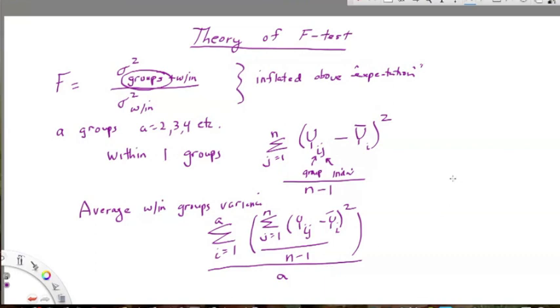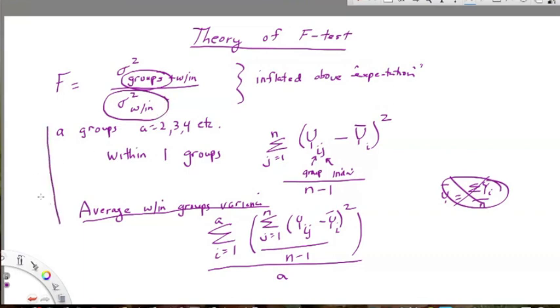So think about that. That's how we construct any average, right? If we want any y bar, we take the sum across the components and we divide by the number, right? So, you know, we're not talking about an average of observations here. We're talking about an average of variances, and we're going to divide by the number of groups contributing to that. So the average within groups variance is given by this formula. So what is that giving us? That is giving us this phenomenon. So what we've constructed here so far is the denominator